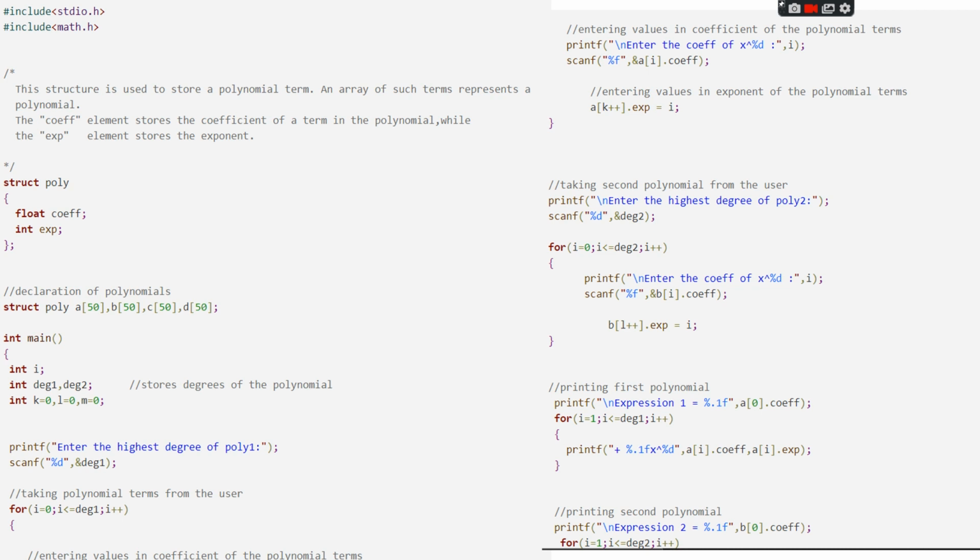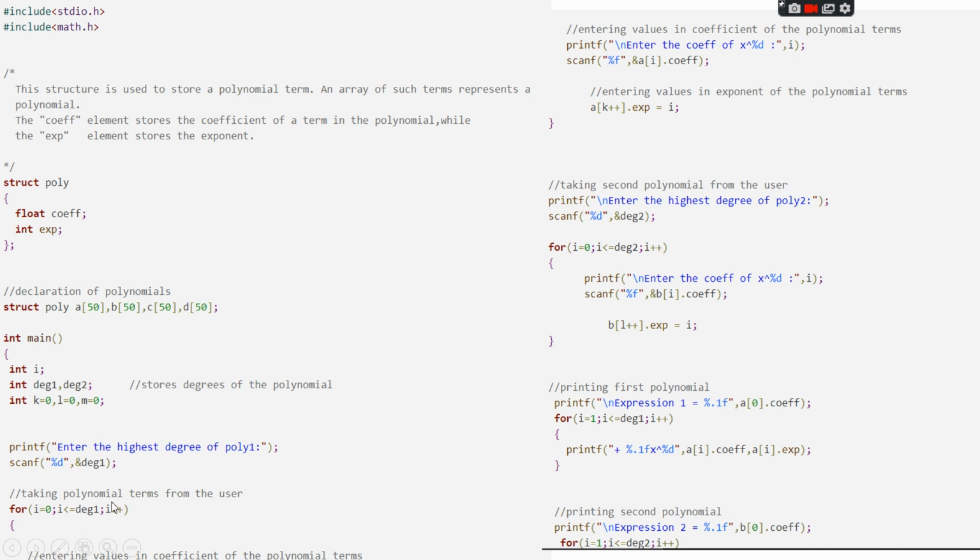In the first case where the loop runs, a of 0 dot exp equal to 0 because i equal to 0 in the loop. So here x^0's coefficient is taken. As k plus plus, i also plus plus in the loop. So a of 1 dot exp equal to i, so x^1's value is taken.